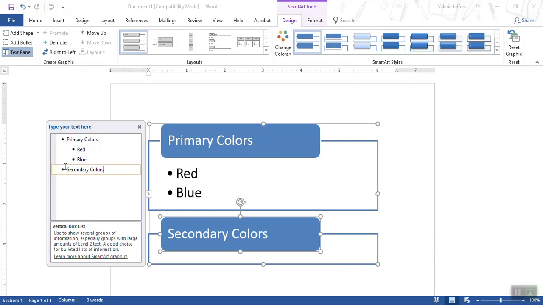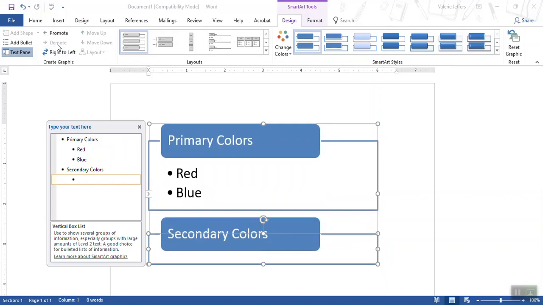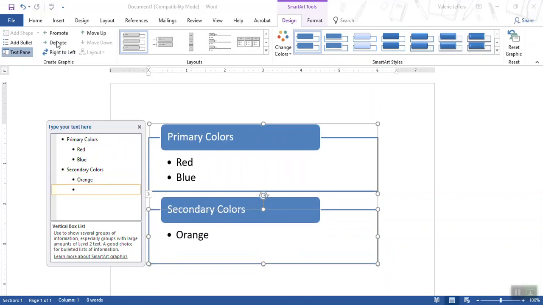hit my enter key, click on demote, or I could either use my tab key to take it to the next level 2. Hit my enter key, type in my next entry,